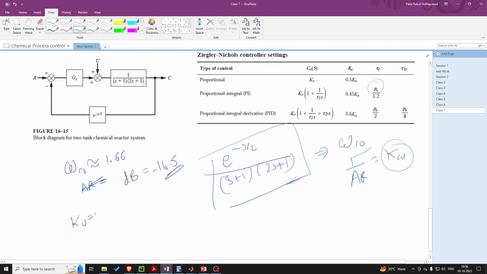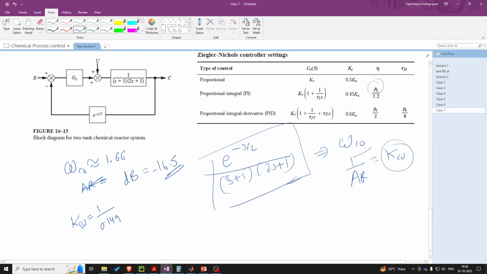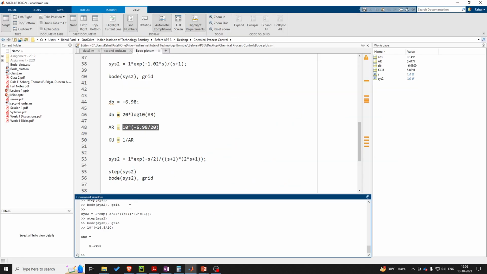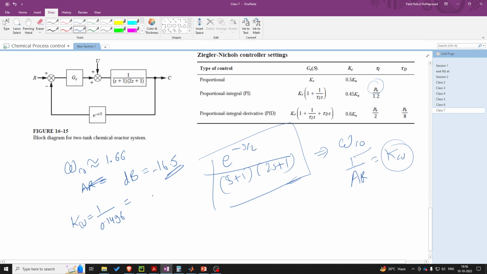So Kcu will become 1 upon 0.1496, which is around 6.68. So you have this Ku, and you can calculate Pu as 2 pi upon omega c0,